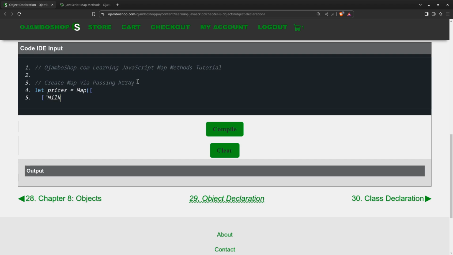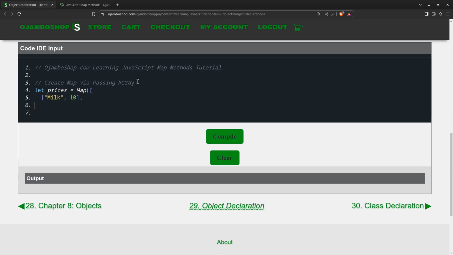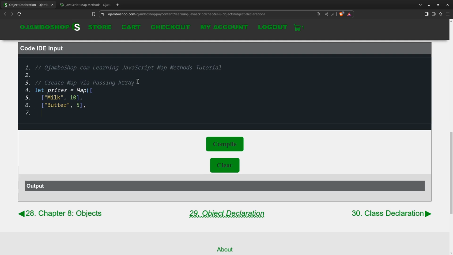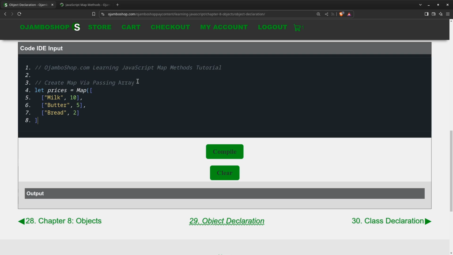So we have milk, $10. Make sure you put a comma at the end. And we also have butter, and this will be 5. And the final item will be bread. I'm going to make it 2. So we close off our array, and then we close off the map. Then just to show you,